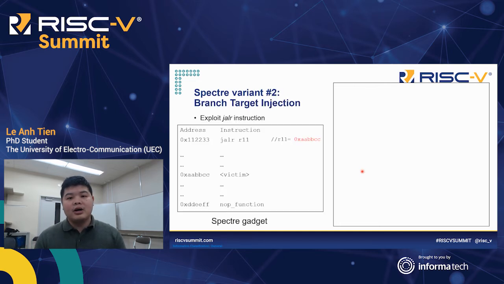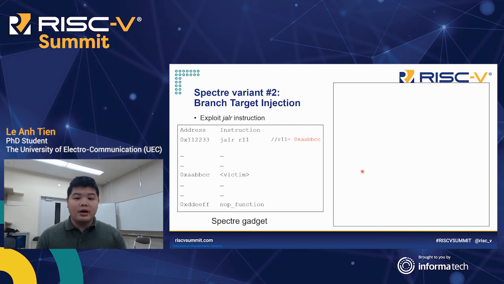The second variant of Spectre is branch target injection. In this variant, the attacker targets the branch target buffer to cause a mispredicted branch target. When the program executes, an indirect branch happens and the destination of the branch is not contained in the instruction itself. So during runtime, the indirect branch predictor would look up the branch history buffer for the branch history to predict the destination of the function and immediately start to speculatively execute the function.